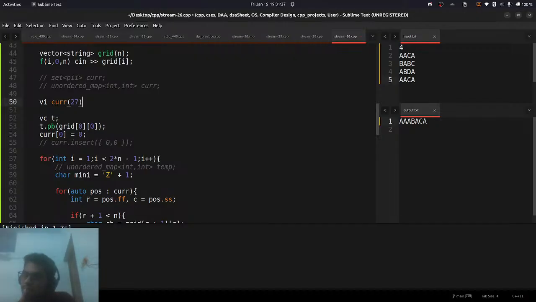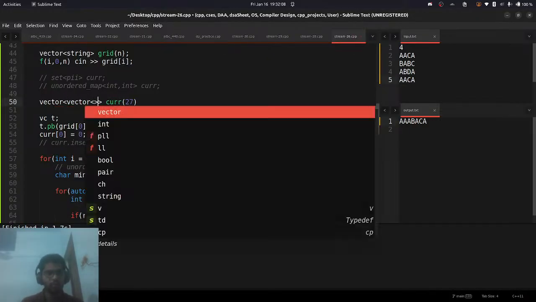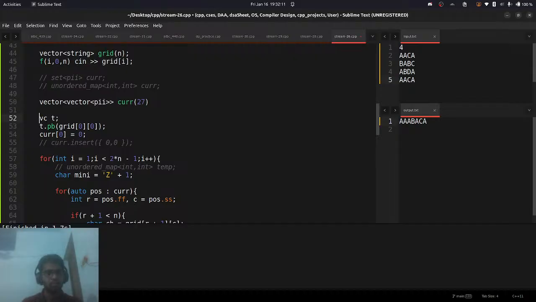but the issue is that if all the elements and diagonals are same, then we have to include the index for that, right? Indexes for that. So we need to, so we don't want this. We want, we will have another vector pii. Okay, so we will have two vectors,